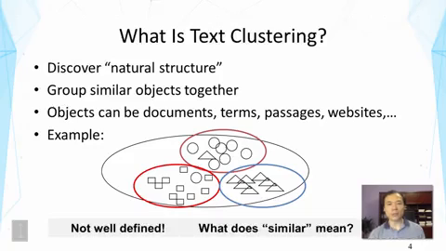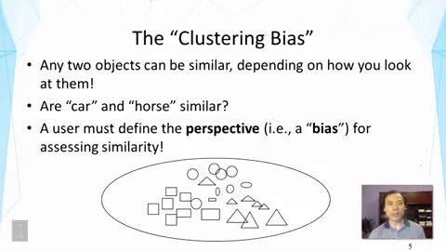But a main point here is the problem is actually not so well defined. And the problem lies in how to define similarity. What do you mean by similar objects? Now, this problem has to be clearly defined in order to have a well-defined clustering problem. And the problem is in general that any two objects can be similar depending on how you look at them. So for example,